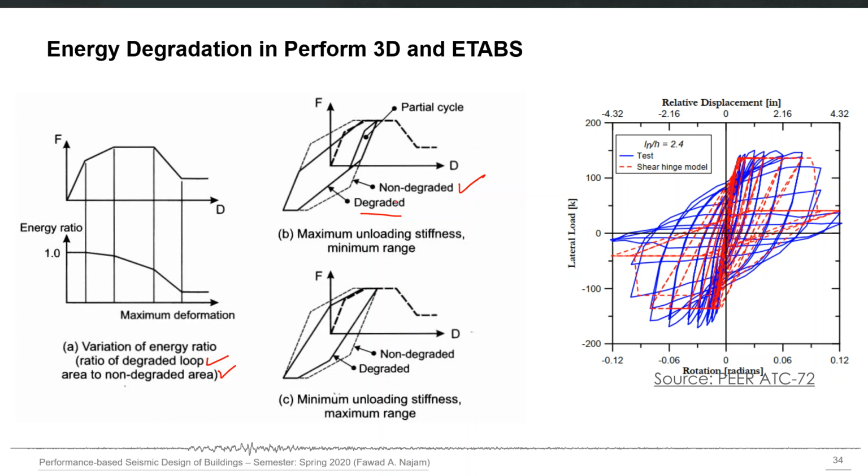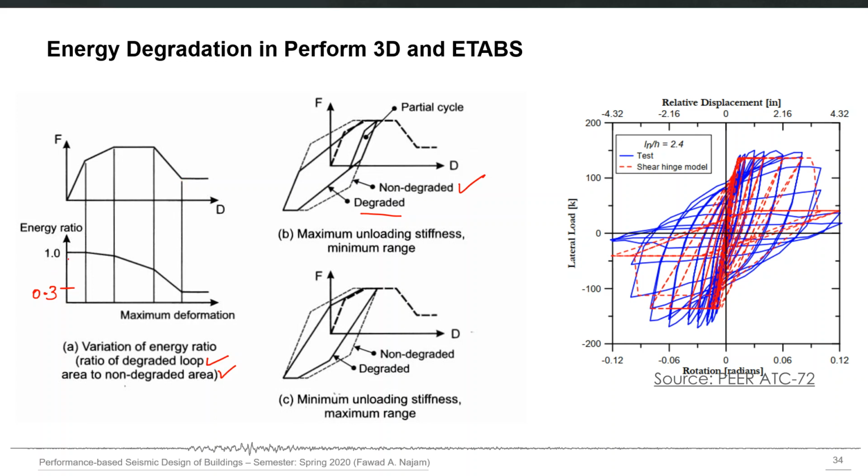That factor has to be given as an input also if you want to go for this degradation, if you want to account for that cyclic degradation in your material stress strain curve or any action deformation curve. So in general, this ratio of the areas, the energy ratio, will be 1 obviously before yield. Before yield, the degraded and undegraded loops will be the same. But after yield, it will reduce from 1 and it may go up to 0.3 or 0.4 near the completion of the stress strain curve or any action deformation curve.